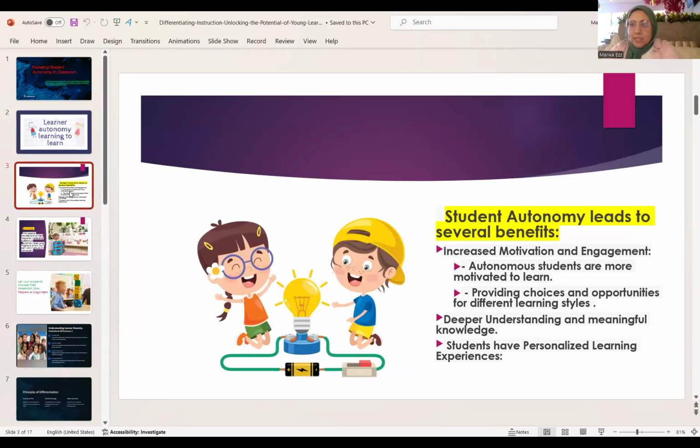What's the purpose of this technique, and why do we help our students to work independently and choose their way to work and to learn? Because it helps them to enjoy their time learning, and it's more productive and beneficial for them. It provides students with more opportunities to be decision makers and problem solvers because they are thinking and taking actions together or in groups. So it increases the motivation and engagement inside your classroom because they are all working the